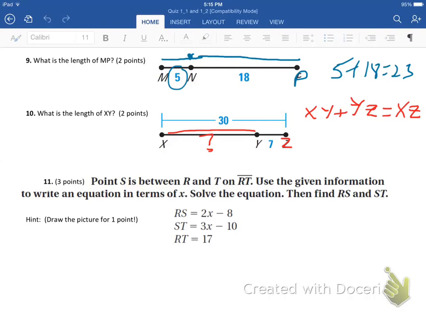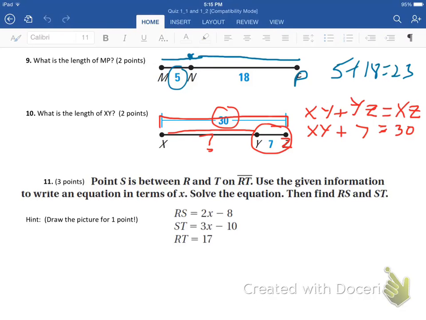I know XZ is 30, so I can write 30 here. I know YZ is right here, that's 7, and I just need to figure out XY. So what I can do then